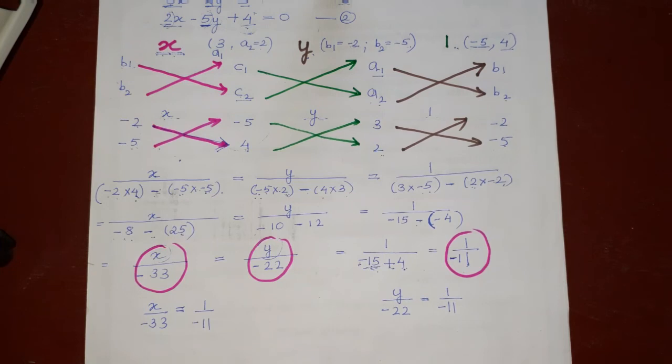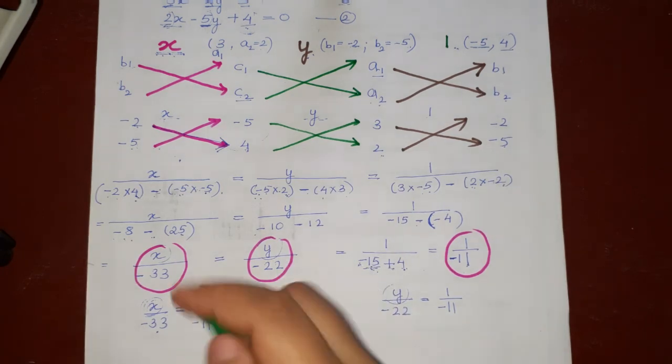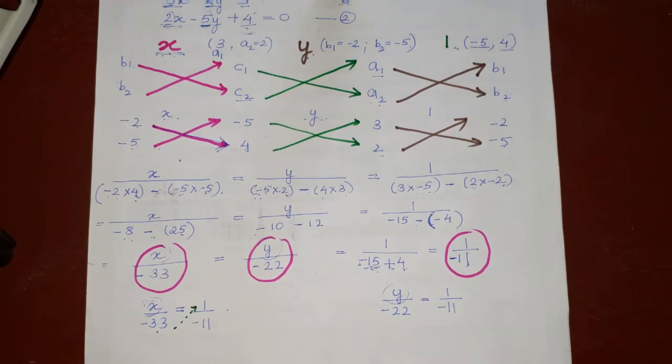Now we know we use methods of elimination, cross multiplication, substitution in order to find values for the variables. So here also I have to find the values for x and y. I will keep this x on this side, and all the numbers which are on the left hand side, I am going to take on the right hand side. Since this 33 is a denominator, when it goes on the other side, it will go as a numerator, in a cross fashion.